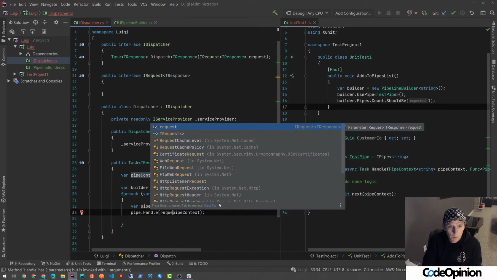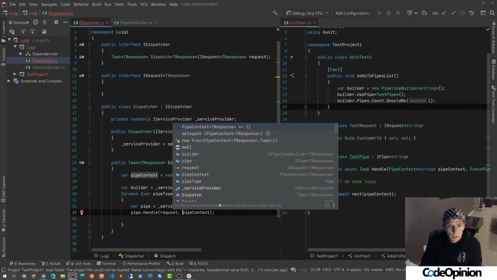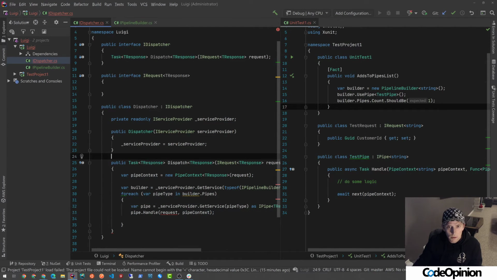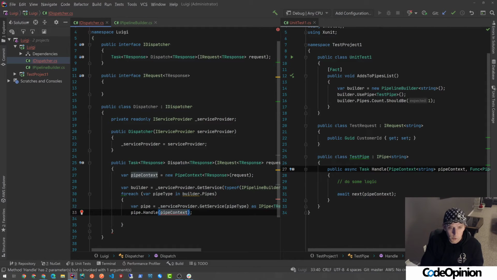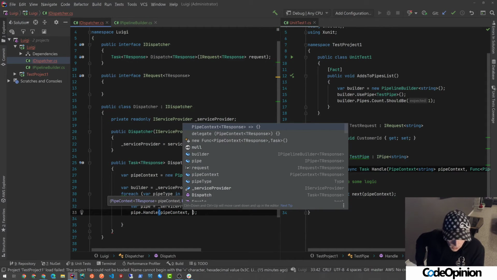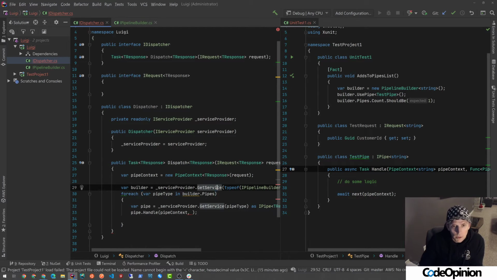The request and the pipe context. Oh, yeah, sorry, we were only passing the pipe context and the next one. So this is going to be the next pipe. So what we probably want to do is